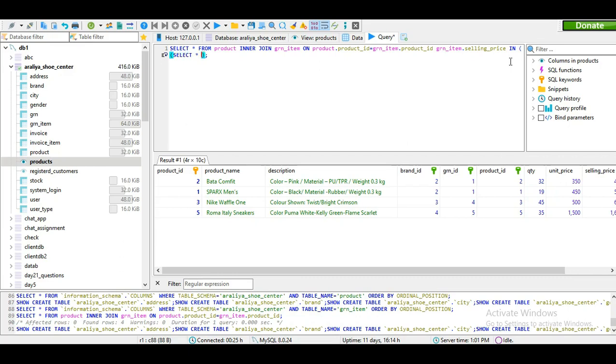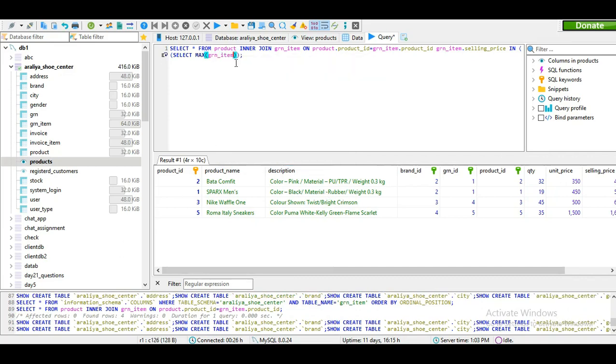So select asterisk. It should be max, since I need the maximum selling price, and in between these brackets I need to tell it to find the maximum. I need to give the selling price of this grn item table. So for that I need to type grn item dot selling price from